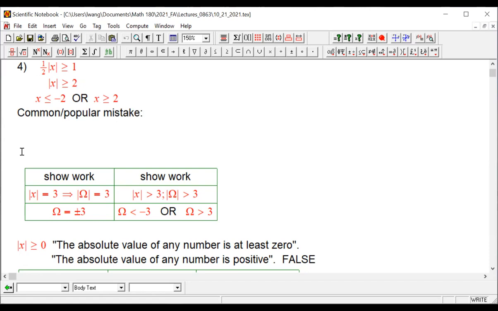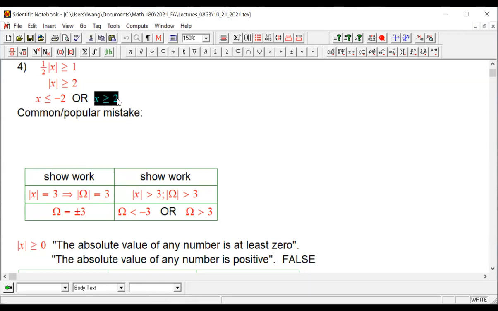The popular mistake is that some students, when they look at this answer, get to this place, they understand, they drew the pictures in their work, and they get to this point and they feel they're not finished, okay? And they will put these 2 together and write it this way. They say, okay, x is larger than or equal to 2,